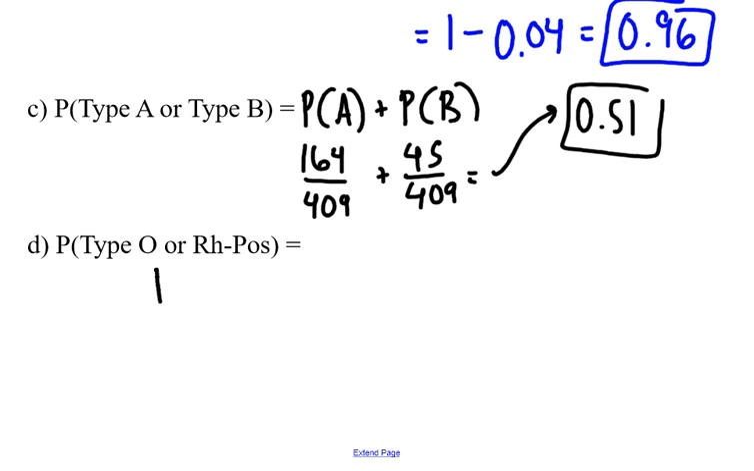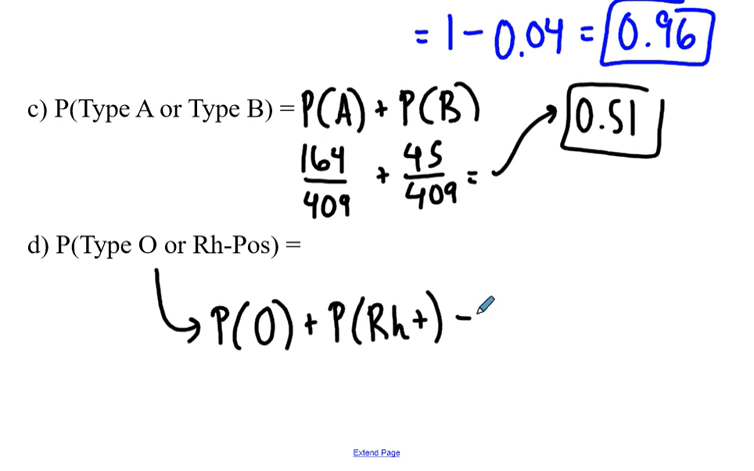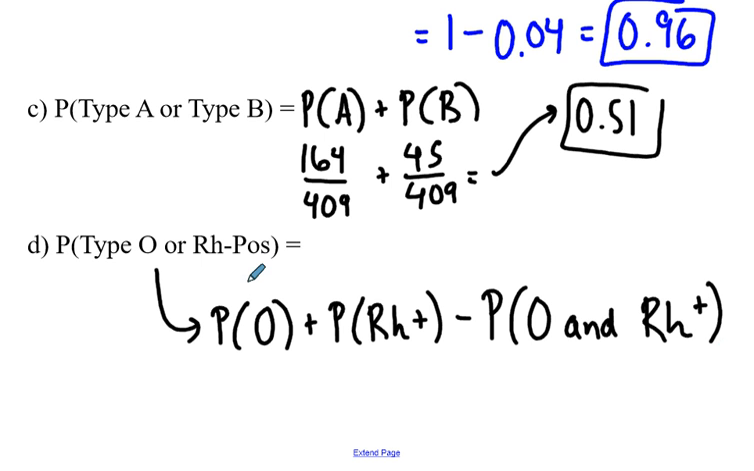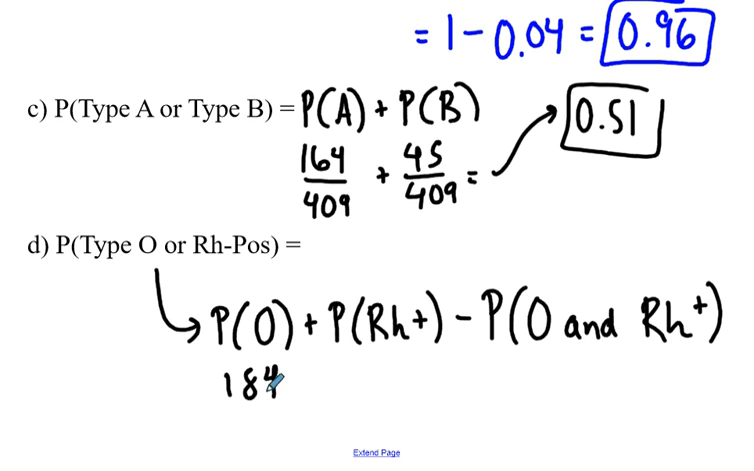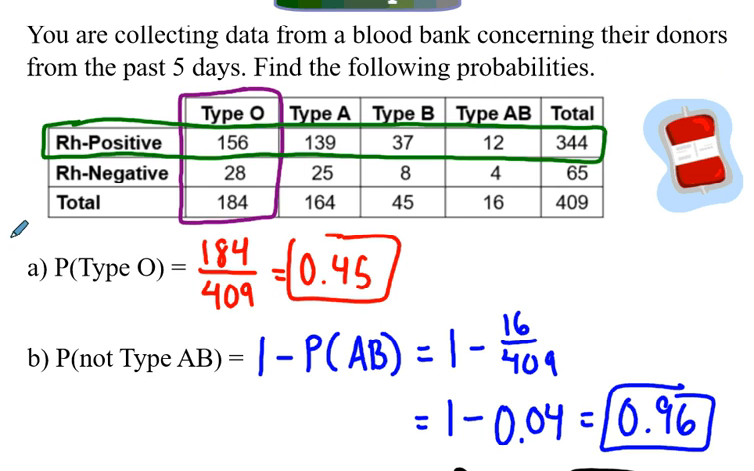So what I'm going to have to do here is I need to find the probability of having O blood plus the probability of Rh positive. I need to subtract out the probability that someone has O and Rh positive because I've counted that once in O blood, once in Rh positive, I've doubly counted it. So the probability of someone having O blood is 184 out of 409. The probability of someone having Rh positive is 156 out of 409. And the probability of someone having O and Rh is,